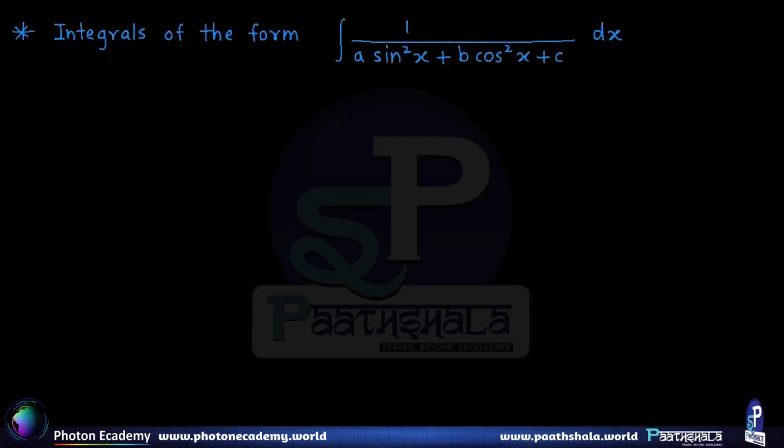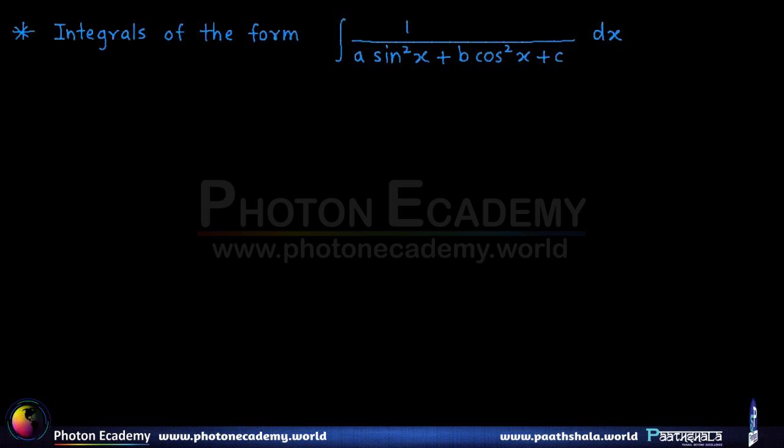Now here we have the next type of integral, which is of the form 1 upon a sine square x plus b cos square x plus c, where a, b and c can be any constants. So what we see is basically there are quadratic terms or the square terms in sine and cos in the denominator. Now to solve this type of integral, there is a standard procedure, that is we multiply numerator and denominator